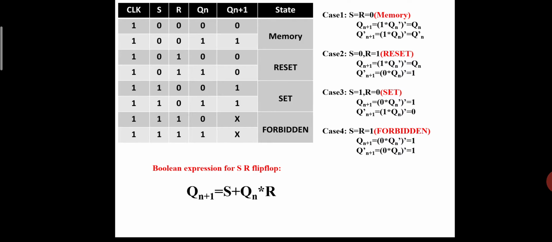Here is the truth table. By this truth table we can understand how the clocked SR flip-flop works. I'm going to make this clock signal always high, because if I make the clock signal 0, the complete device is turned off. That means it will show only the memory, and no changes will happen. So if the SR input is 0 0 and the past output Qn is there, only two possibilities exist. Therefore, for each state I will take 0 and 1 as the past outputs.